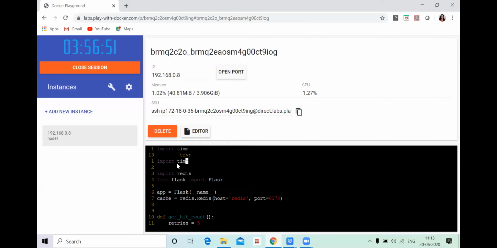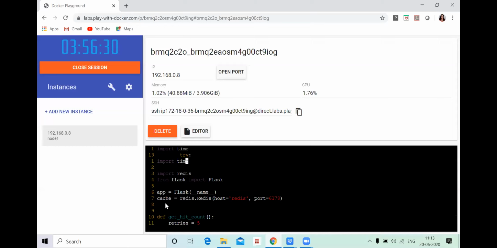So I have written here import time. And then here you can see I have written import Redis. This Redis is nothing but a server. And this Flask also will be acting as your container. So I'm importing this from my Flask container.